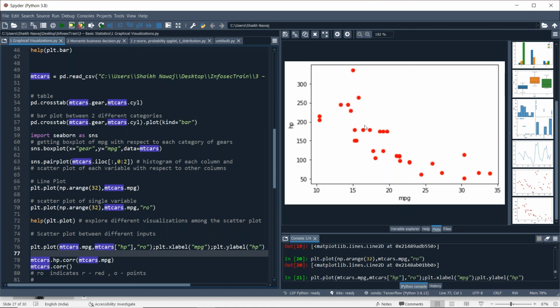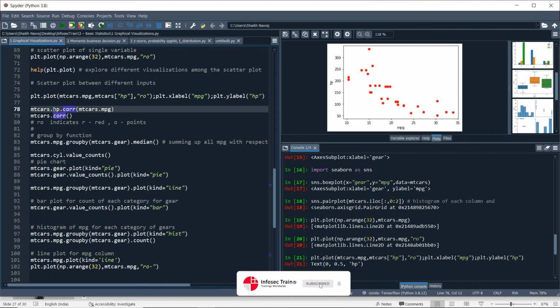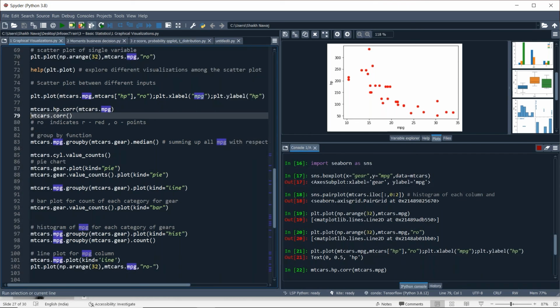Like, is it negatively skewed or moderate? Yes, it's absolutely showing a downward trend, but we can also check by using simple code. First, mtcars.hp, we mention the horsepower column, then .corr with mtcars in brackets, meaning we are finding the correlation coefficient between the hp column and the mpg column.